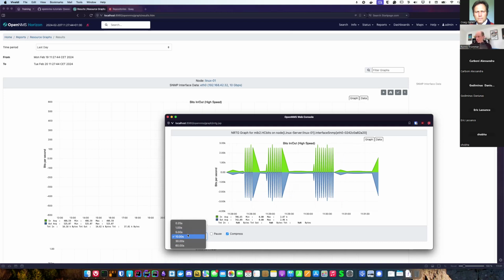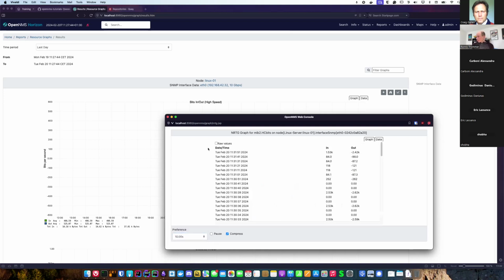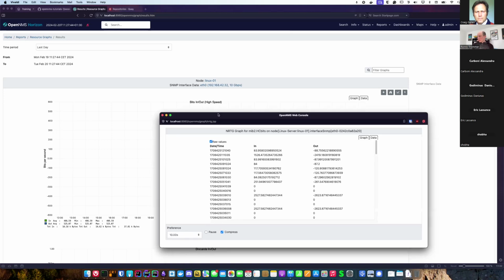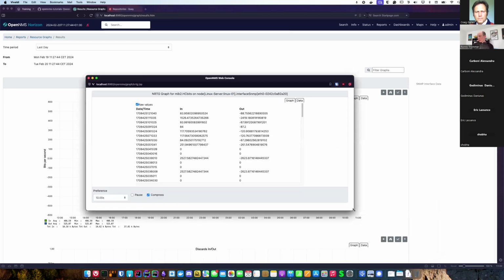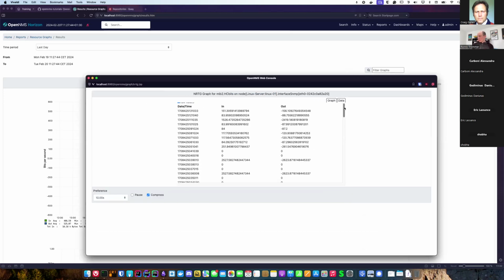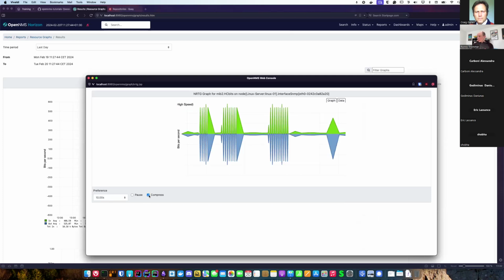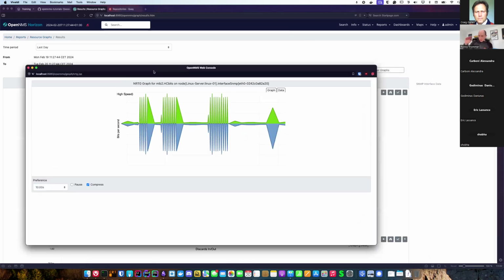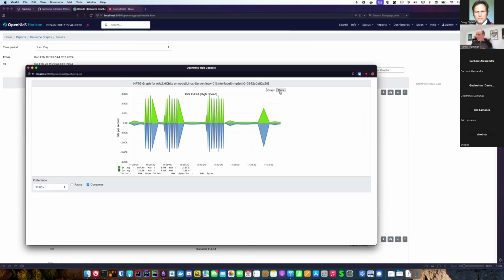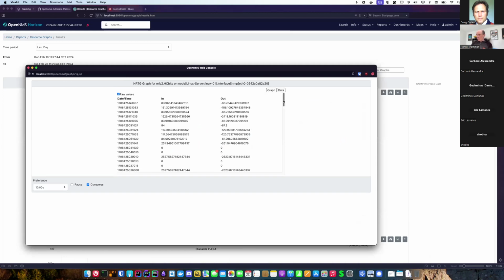Can we export this view to a CSV file, for example? I think there's a data pane here with raw values. I think you can just copy it out from here. Okay. So if you keep that running for an hour or so, then you have an hour's worth of data here.